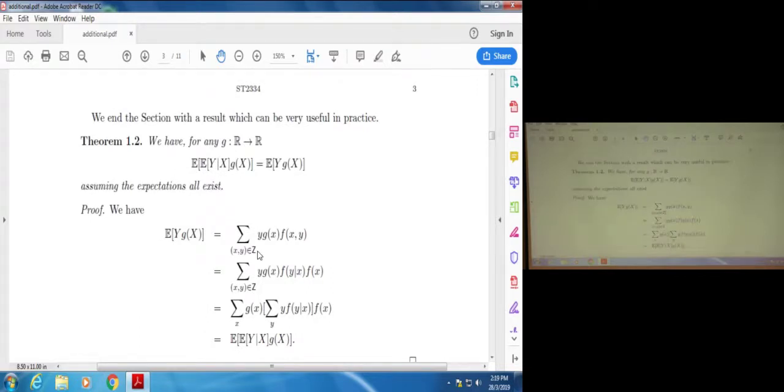Okay, so we'll just finish one. Well, I don't know if we'll ever use this result in this course, this mini course, I guess. You also have an additional result: if you want to compute the expected value of Y times g